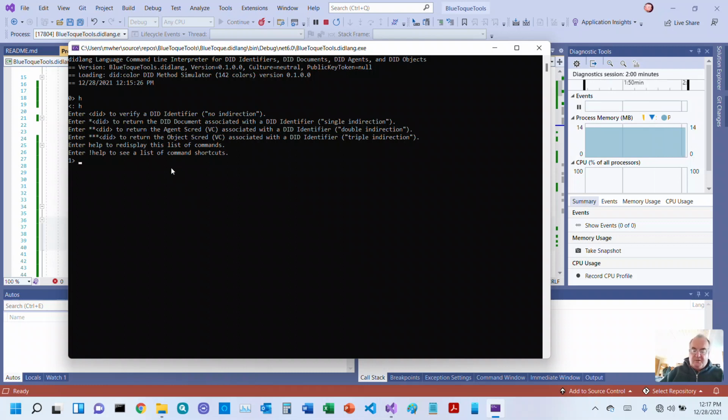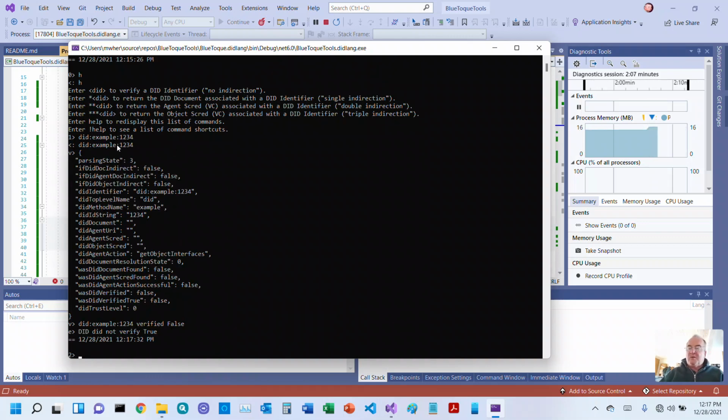So let's just start with a little example that most people would be familiar with. Did::example 1, 2, 3, 4. Okay, so that is parsed. Here's the parse tree representing that did identifier. And it verified as false because this version of the interpreter doesn't understand or know about the example did method. However, if we did something like this, did::color::red,